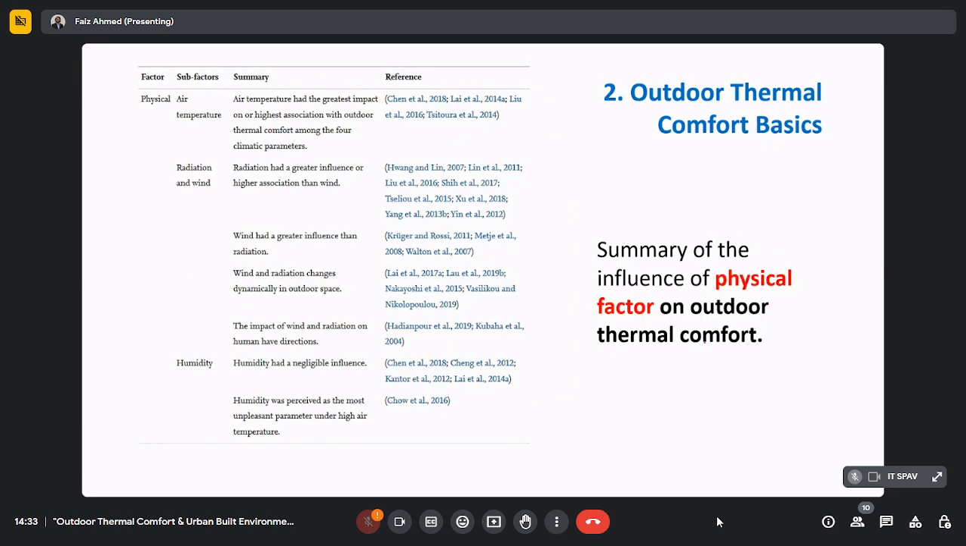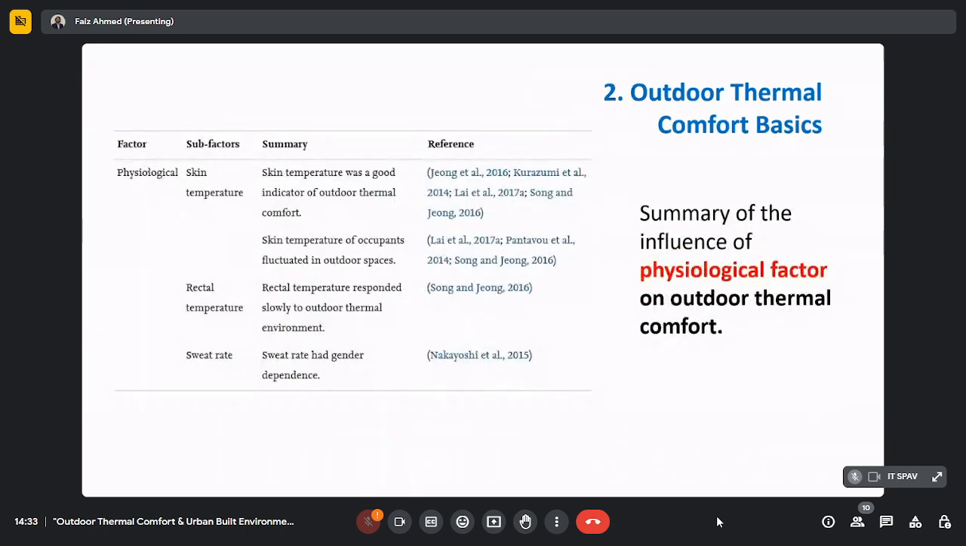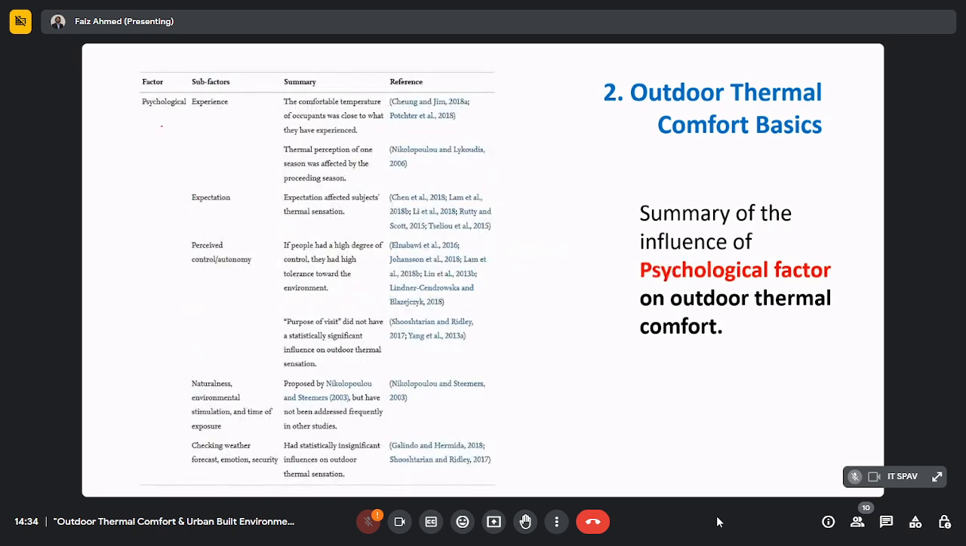For example, they say what are the physical factors, how physical factors have an impact on the comfort conditions. When we say physical factor, what are the variables used? When we say physiological factors, what are the conditions used and how it is defined? And when we say psychological factors, maybe for example, this is also part of the